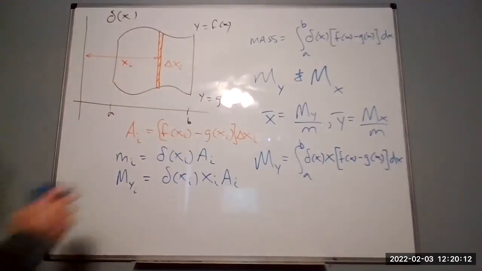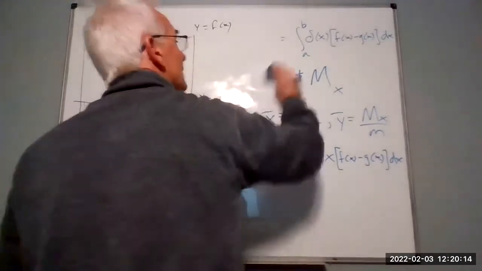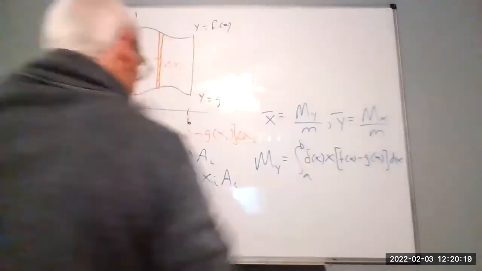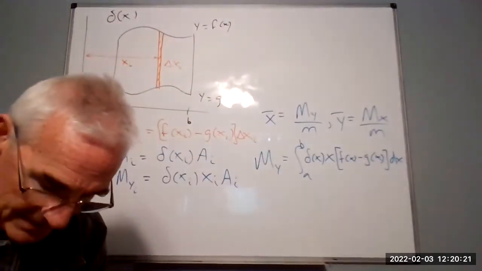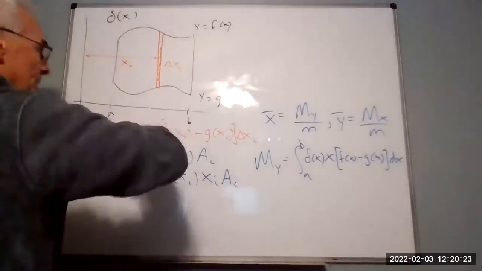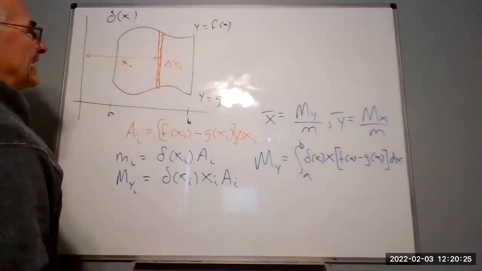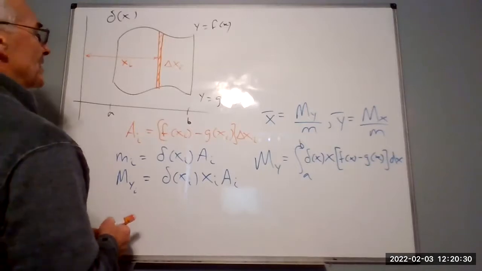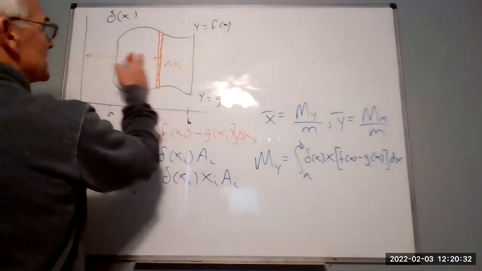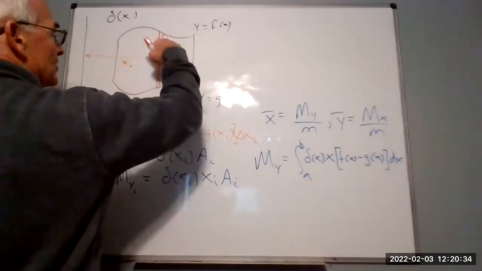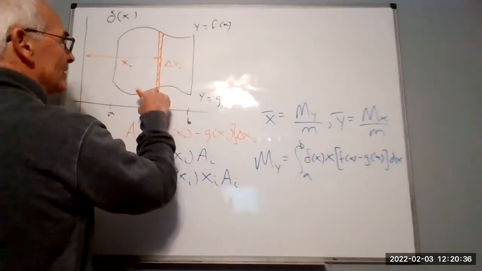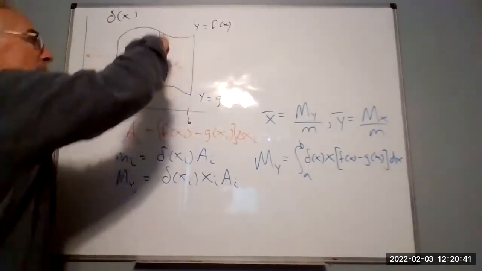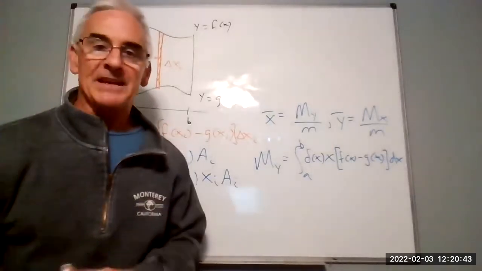So let me see, I think I can, let me go up here. Now, here's our dilemma. I now want to go this way. But how do I go this way? I need the y distance. Well, the x distance was easy. I'm going the x distance from the strip, but the y distance, am I measuring from here or am I measuring it from here? Well, if this entire strip is the same up and down,